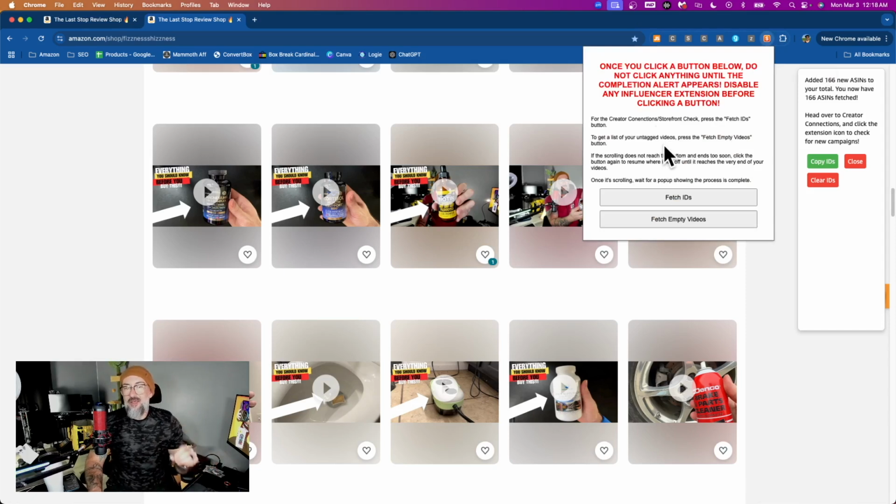One's going to say check shop videos or IDs. I think it's check fetch, check. I have to remember, check shop IDs. I've been working on this for a while. Click check shop IDs. That's going to take the bucket of these products from your shop and start the cross-reference